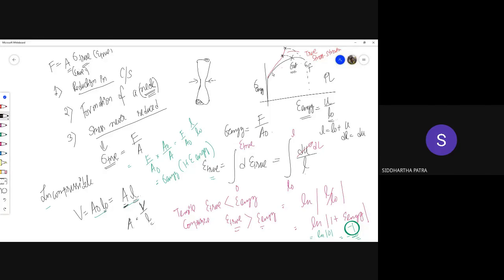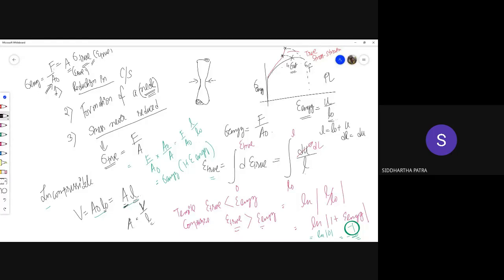So to the left of ultimate stress, the increment in the true stress is dominant. That's why the engineering stress increases. Engineering stress is nothing but a scaled down version. At the denominator there is a constant. So this is the engineering stress, a scaled down version of the force itself. You are not measuring anything else other than the force itself. So if the force reduces, so does the engineering stress.